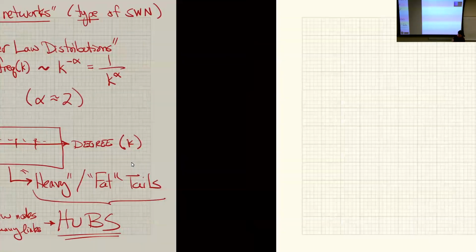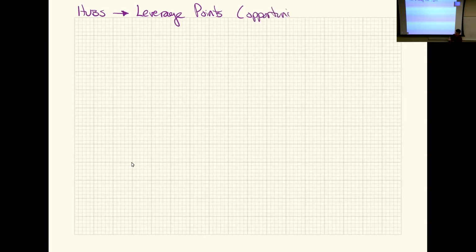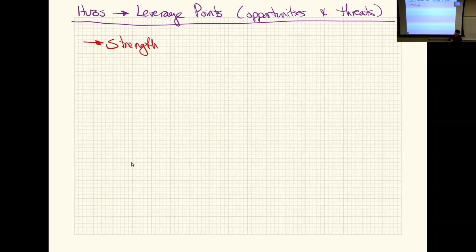Now, I do want to mention that hubs generate leverage points. Hubs are basically leverage points. So that means there are both opportunities and threats. I guess I should say we can do the whole SWOT analysis here. So I'm going to say that a strength of scale-free networks